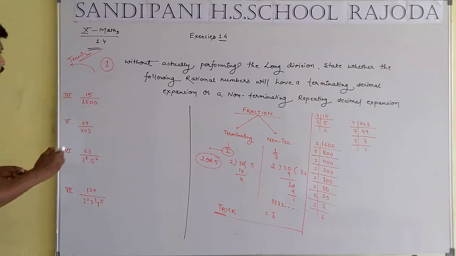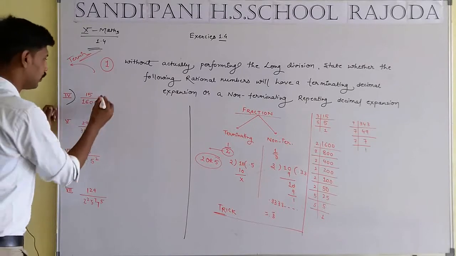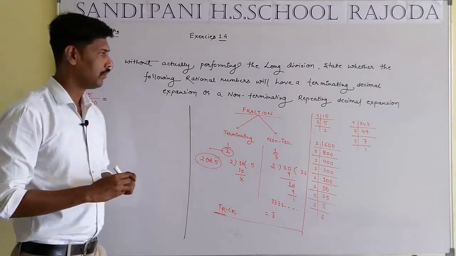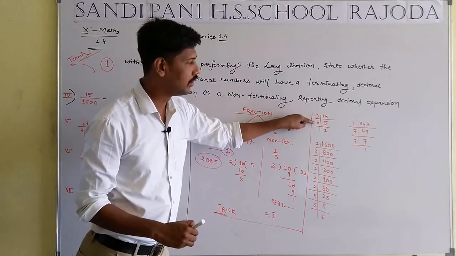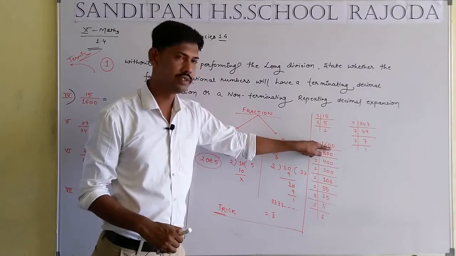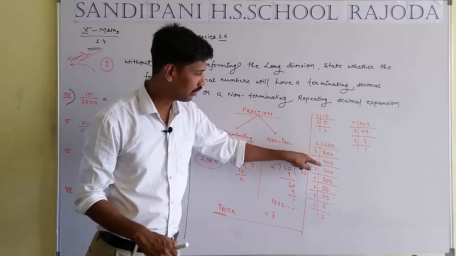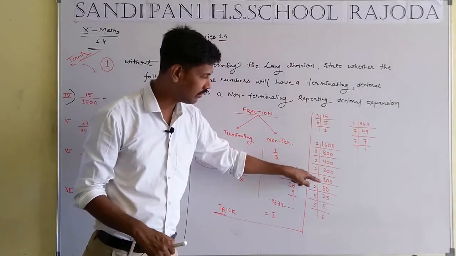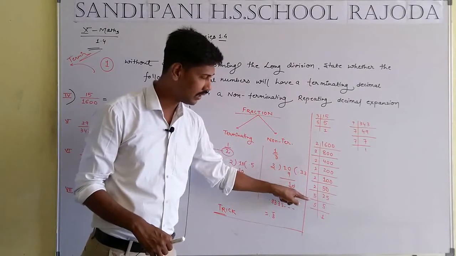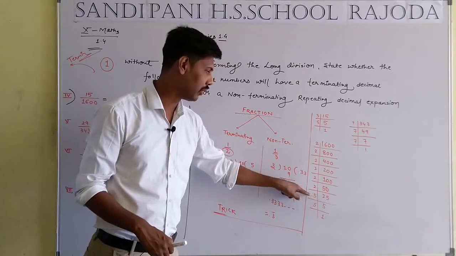Now we are taking question number 4, 15 whole by 1600. Factor of 15 is 3 into 5. And 1600, the last digit is 0, that means divide by 2, then again divide by 2, again by 2, again by 2, again by 2, again by 2, and then divide by 5, because 25 is an odd number multiple of 5.